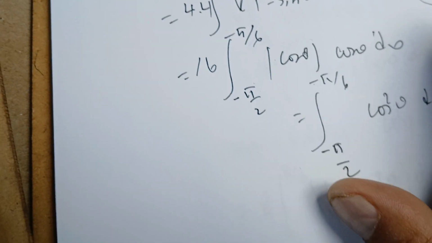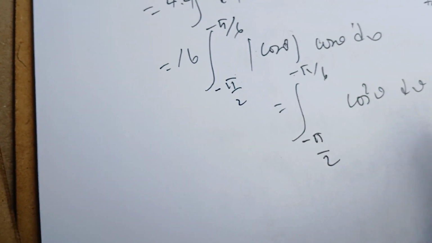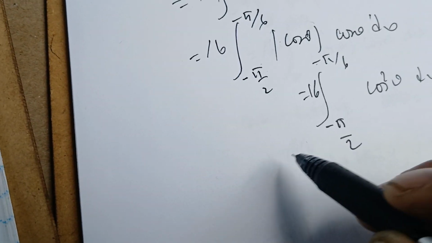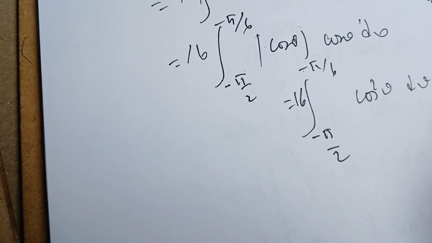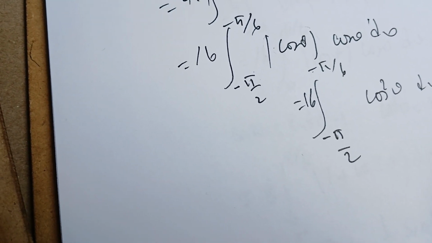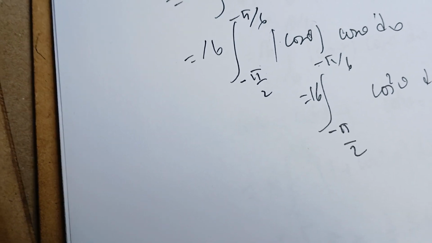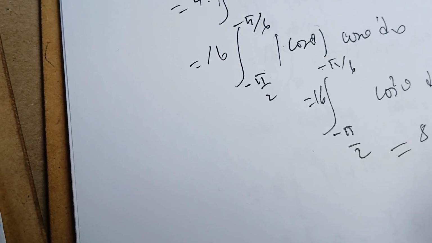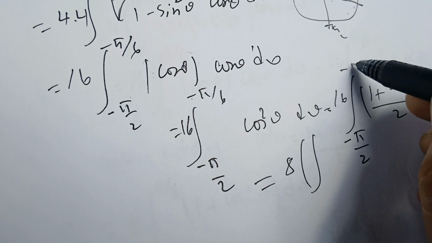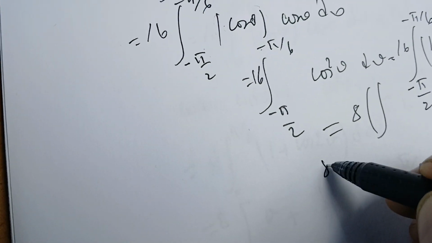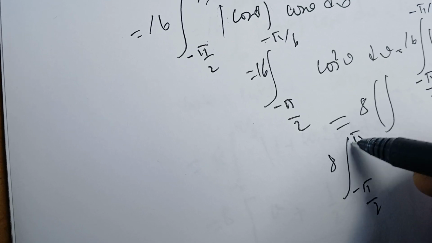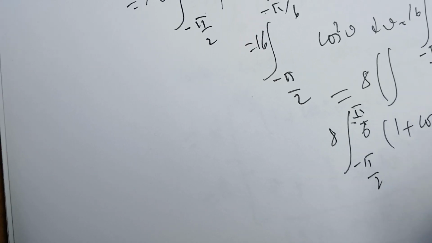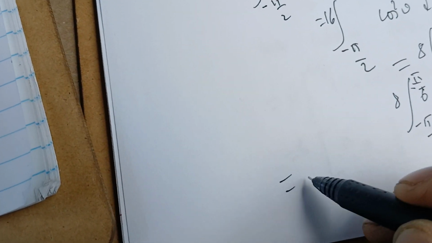We do the same thing that we did for the other integral. So we have, I forgot the 16 outside. So I have to have the 16 here. So I have 16, okay, 1 plus cosine 2 theta over 2 d theta. Once I compute, I get 8 integral from minus pi over 2 to minus pi over 6 of 1 plus cosine 2 theta d theta. So when I compute that, I get 8